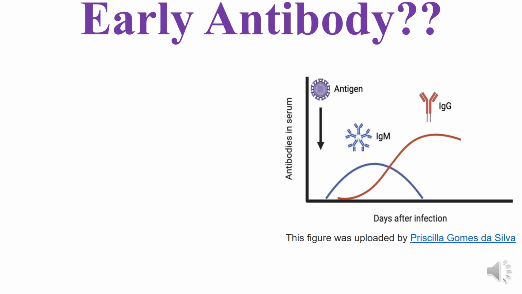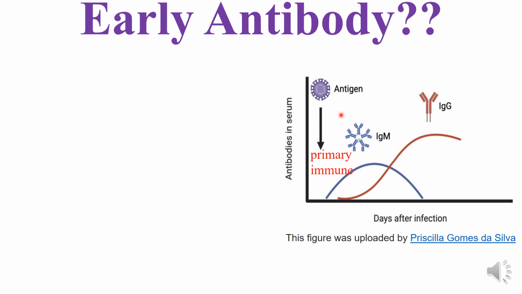Early antibody. Immunoglobulin M is also known as the early antibody. Why so? Let's understand that. So this is an immune response curve. This is the first exposure of the person with the antigen, and as soon as the body is exposed to this antigen, the primary immune response begins, and after some time immunoglobulin M is released. So the first immunoglobulin to be released when the person is infected is immunoglobulin M,